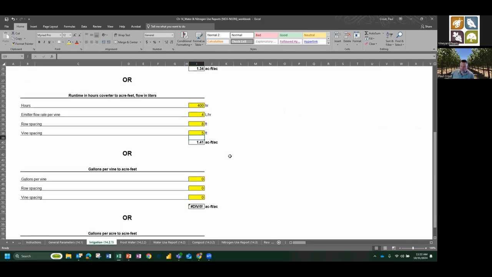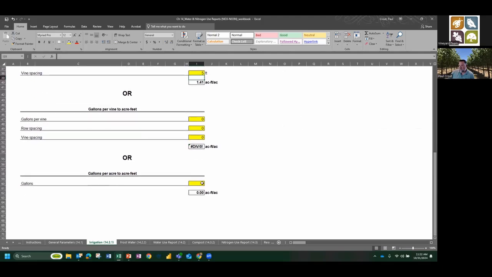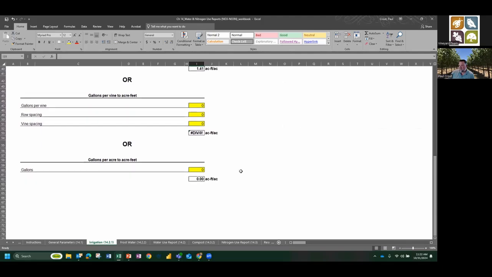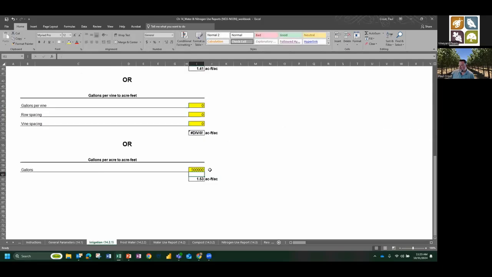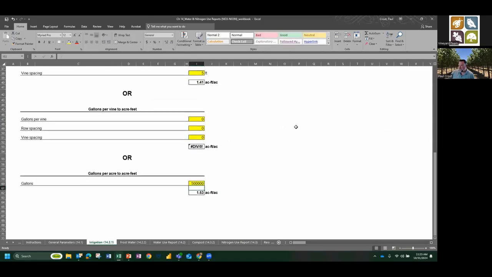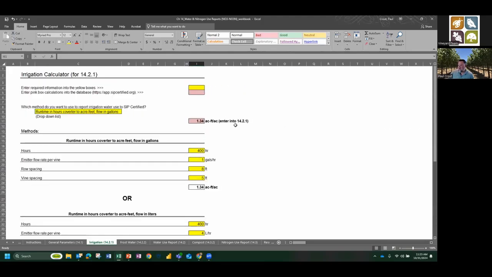Now, the other piece is if you have a total number of gallons. For example, if you have a flow meter and that flow meter has said, okay, hey, you've irrigated 500,000 gallons, that will give you your acre feet per acre based on the parameters that you entered here. So this is based on 10 acres. That is where you would basically fill that information out and enter that into